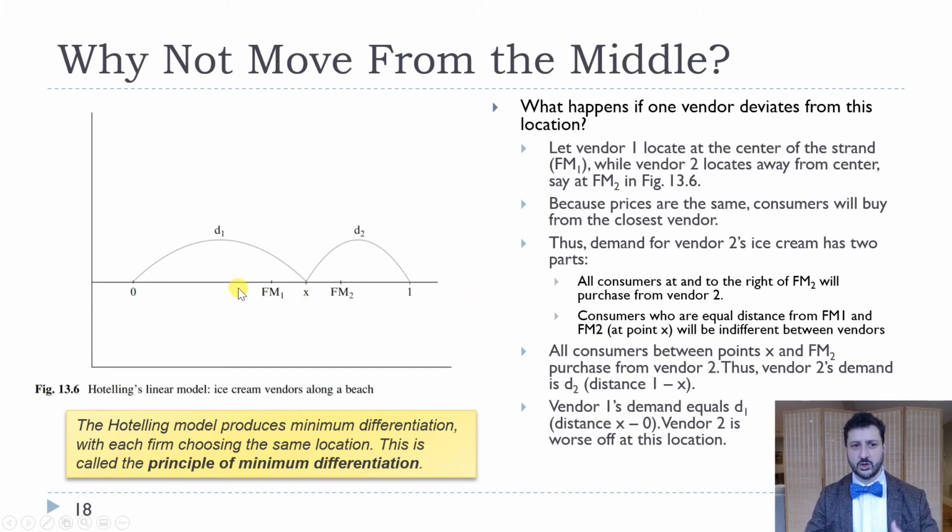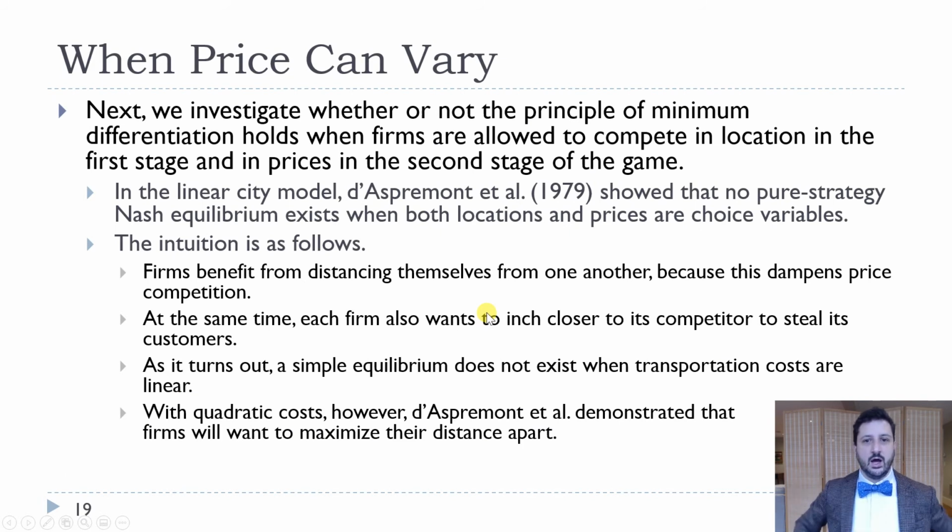And so that might be realistic in some situations, but it might not be realistic in other situations, right? Remember, we talked about the Salop model, which is a circle, and we can get different results there, and actually we do. So what can we say if prices vary? Actually, we can't say much, unfortunately, right? So if you're choosing price as well as location, there's no clear equilibrium as long as